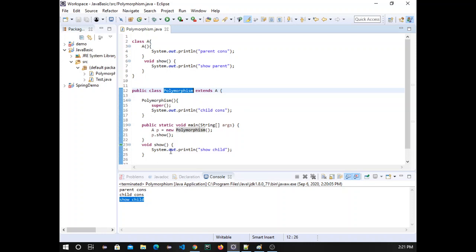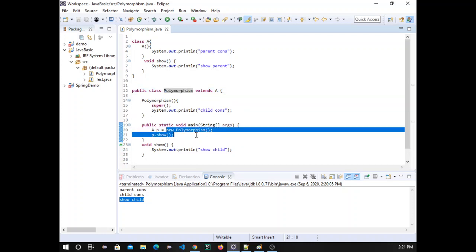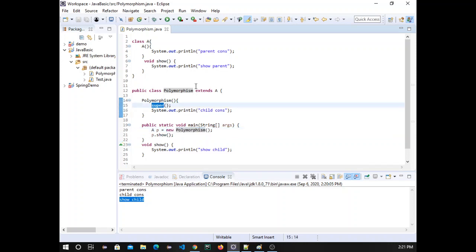So how will it come? Firstly, whenever we call new on this constructor, it will come here. The first line of this constructor will call the parent, it will come here, and then the first line of this constructor will check, okay, is it going to extend some other class?